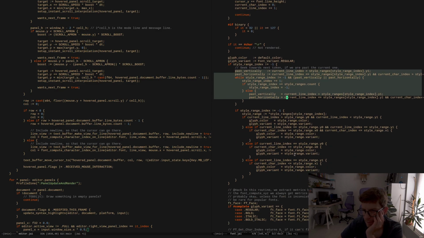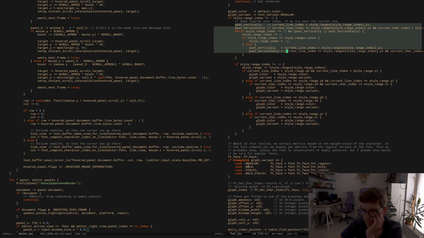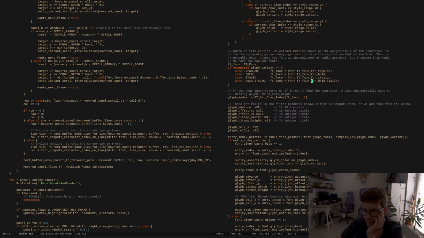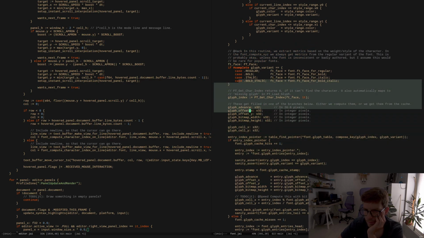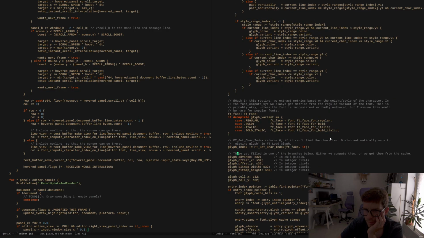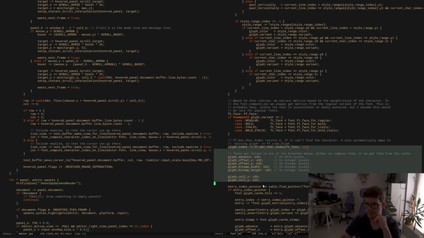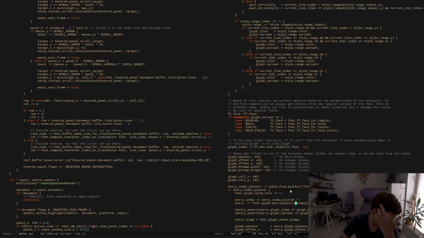This is style ranges. We don't care about this right now. Okay. Now here we get the glyph index. Okay, the problem here is